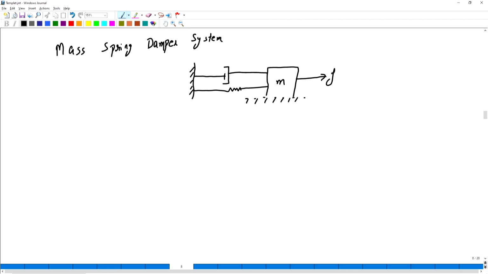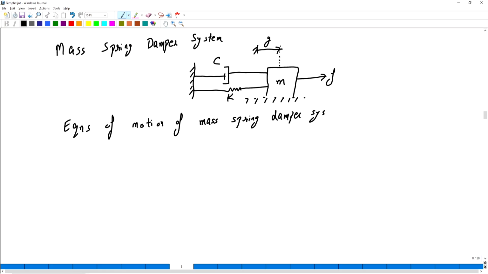This is the force F. This is the displacement represented by y. This is damper C. This is K. So we know that the equation of motion for the mass spring damper system is represented as